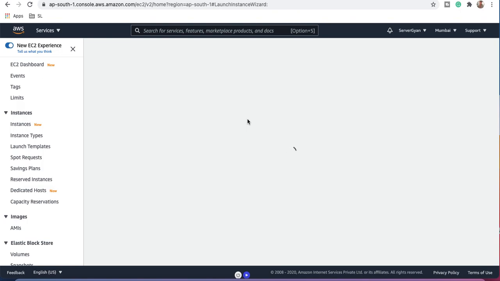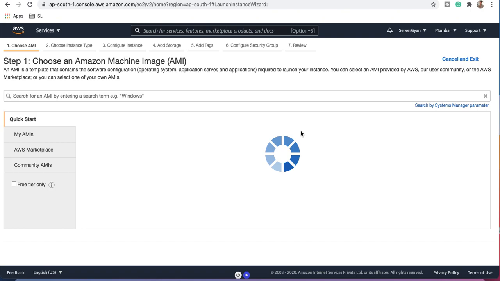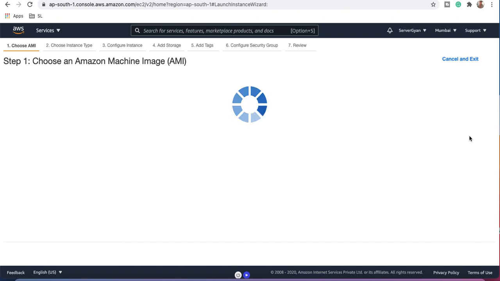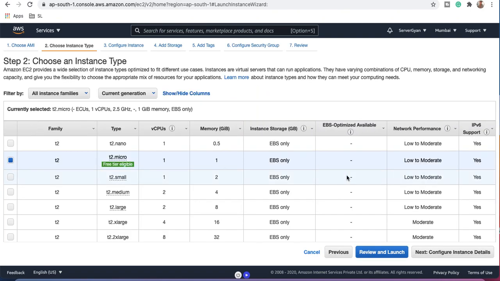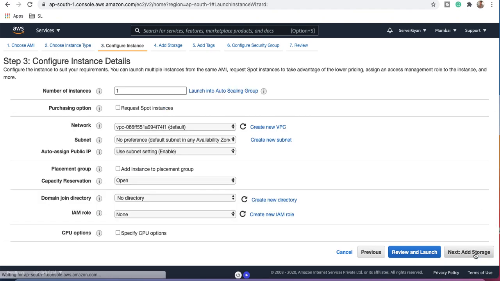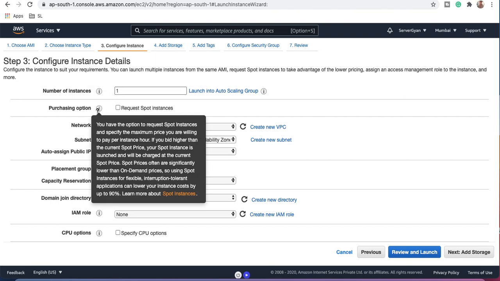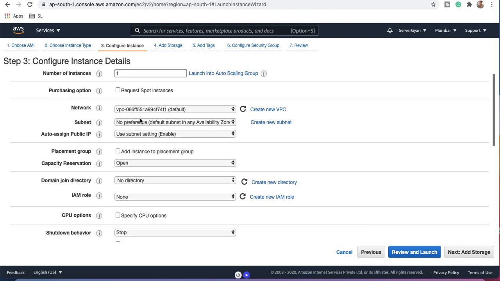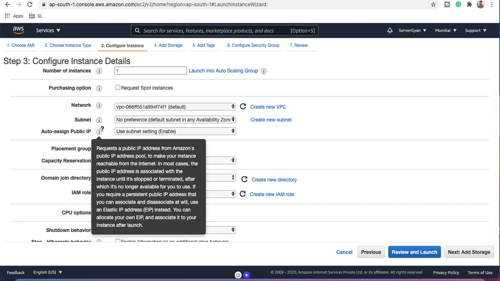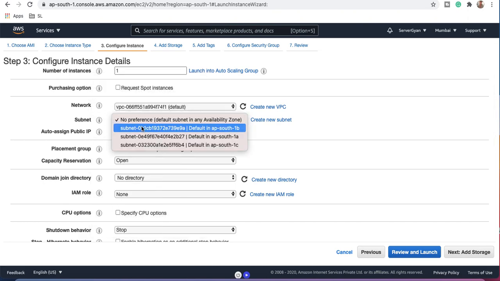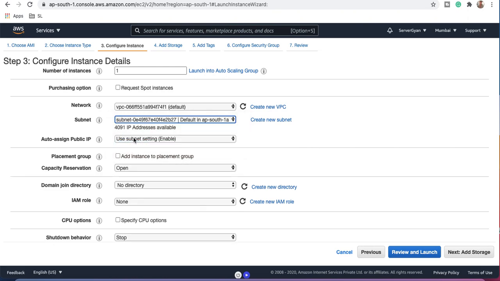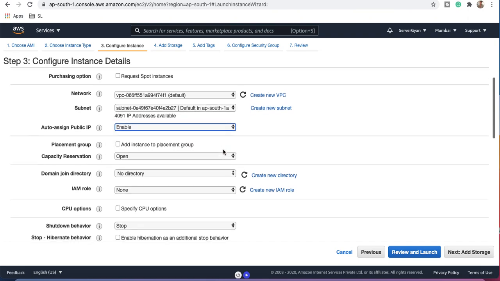So guys, first of all, we are going to create one EC2 machine, and after that we are going to explore how it works, right? So obviously I'm going to pick any random AMI, because at the end of the day the AMI is only used when we create an instance. So first of all, we have the number of instances. This is an old option. So we have a number of purchasing options. We have networking, subnet, auto-assign public IP address, and which availability zone we are going to choose. So we can select any of these. Auto-assign public IP by default is enabled, and if we want we can disable it, but for this particular video I'm going to keep it enabled.